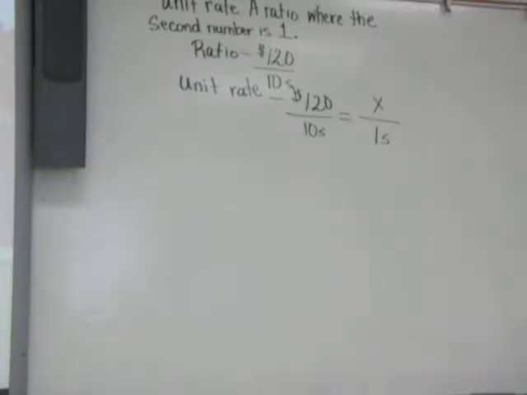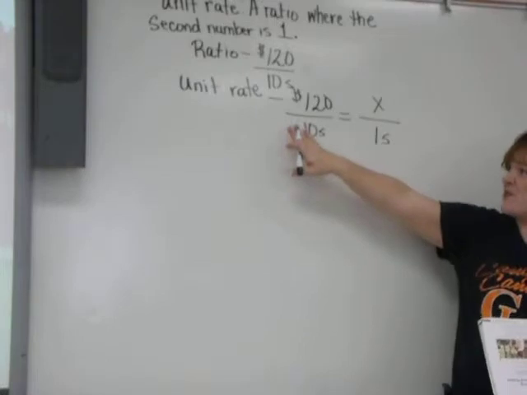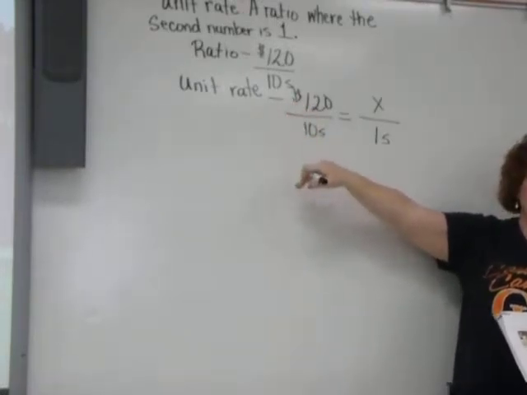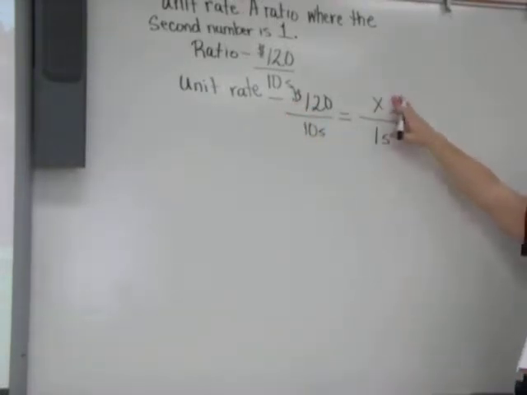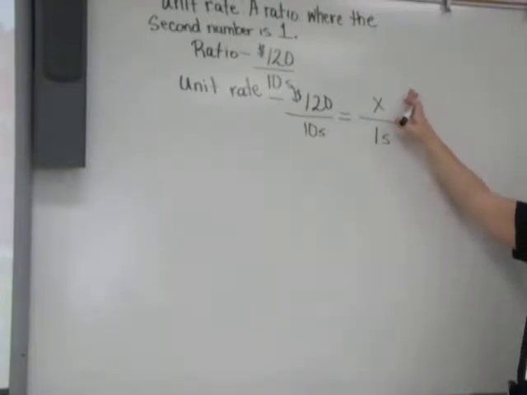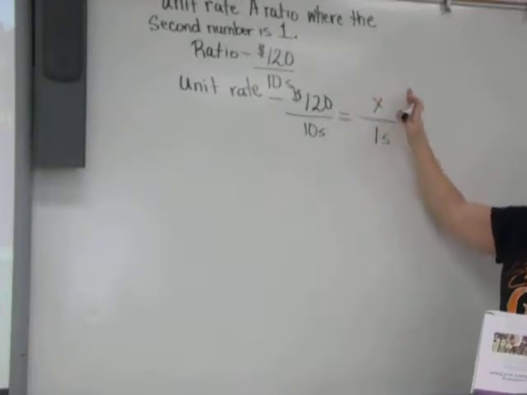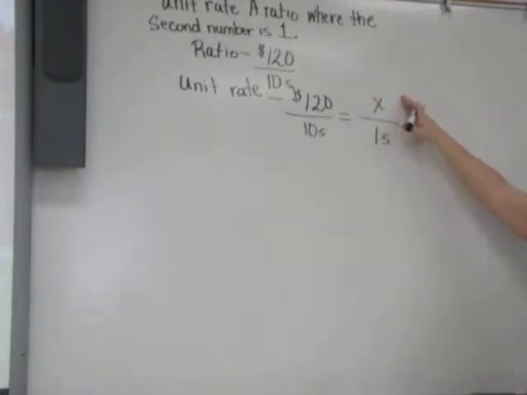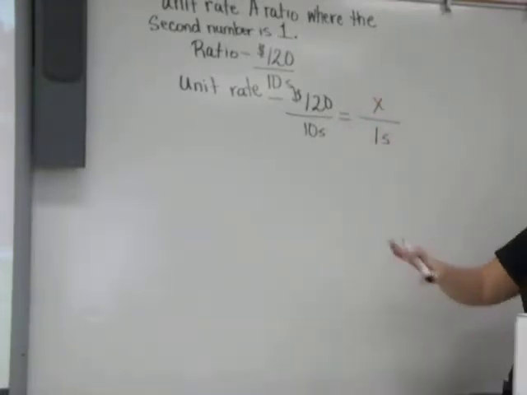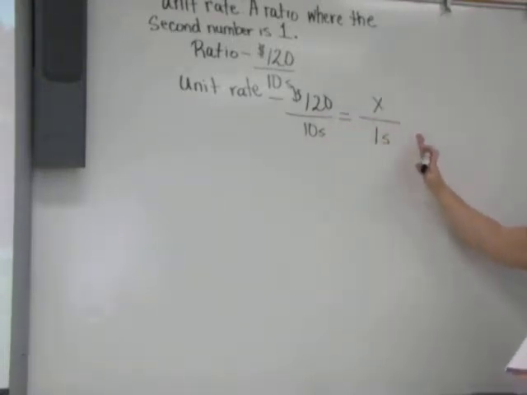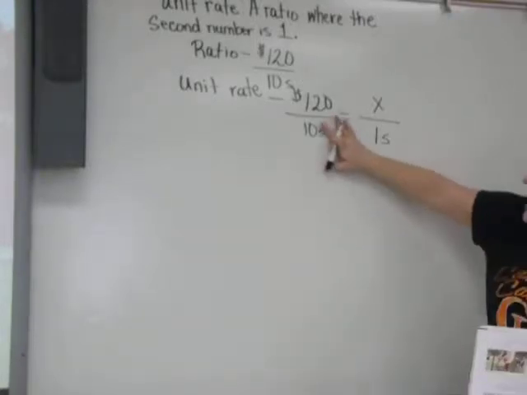So we're going to look at the unit rate today as if, okay, if it costs $120 for 10 students to go, then how much does it cost per person? How much does it cost for one? They're expecting you not to cross multiply and divide and solve for this missing x. They're expecting you to be able to take this fraction and make a fraction equal to it with 1 on the bottom. The way you're going to do that is you're going to say, okay, I know what was done